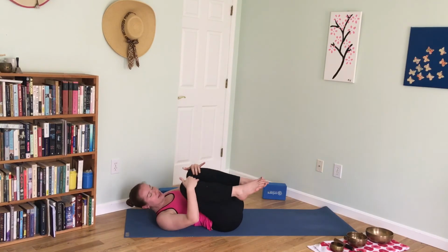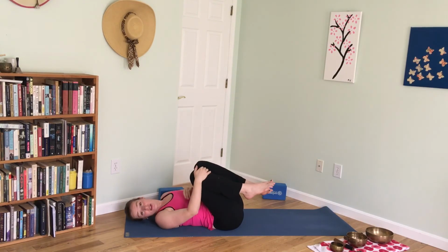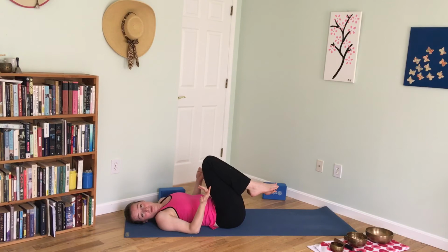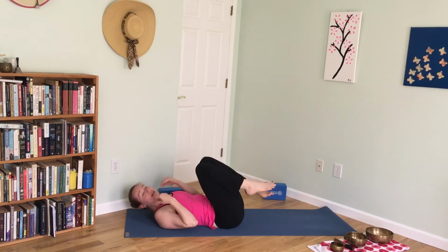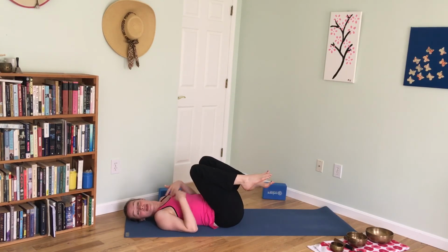Now we're welcome to hug the knees, we're welcome to rock. And we'll come into the inversion of our choosing. So mindful that we were already in an inversion with our bridge pose. Maybe we like to do legs up the wall, where the legs start to extend towards the ceiling. Now, if we are near a couch, an edge of the bed, or a wall, we can also do this